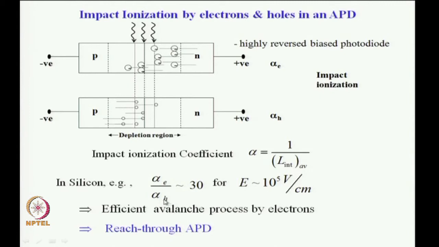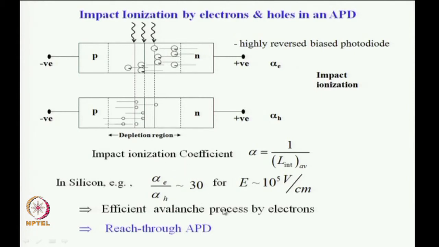Alpha E by alpha H is of the order of 30 when the applied field in this medium is of the order of 10 to the power of 5 volt per centimeter. What it means is that predominantly the ionization is because of electrons. Electron ionization is almost 30 times more efficient compared to secondary pair generation due to holes. So, the efficient avalanche process is by electrons, and to make use of this fact,